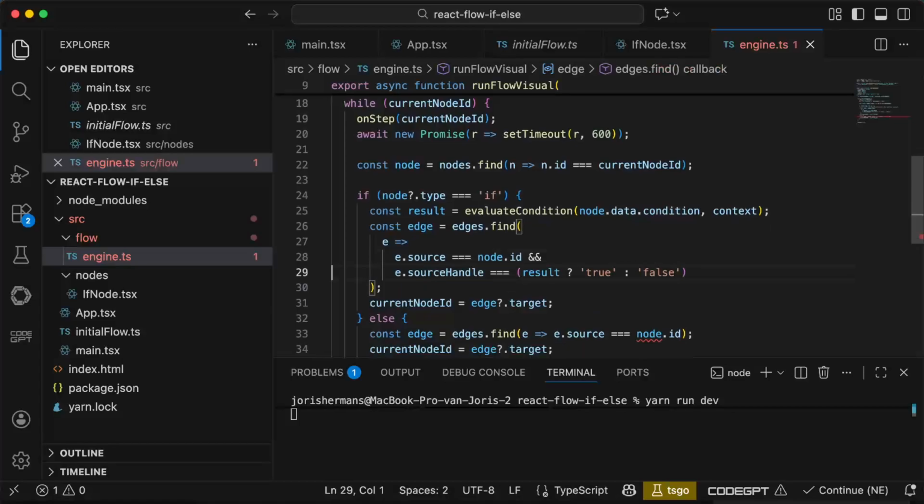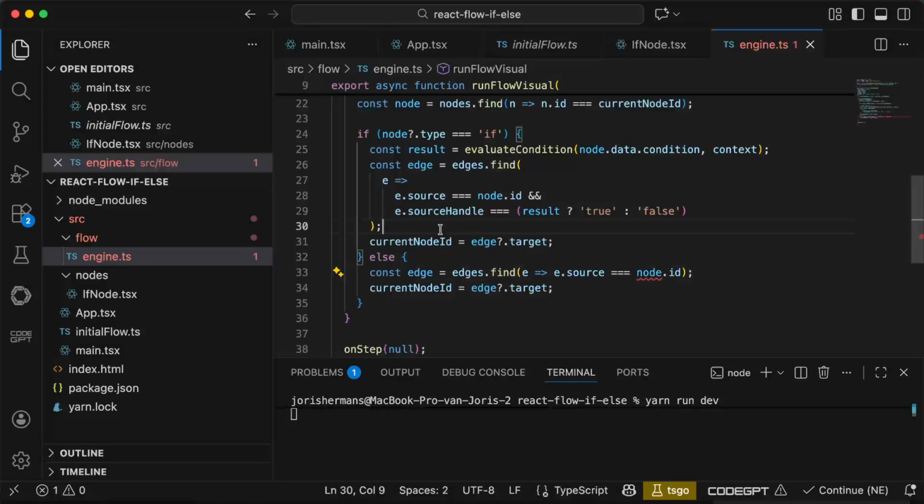And then here we can say const node find the current node. If node type equals if, then we do an evaluation of the condition. Node edges dot find here, and we say if the source handle is true or false, and if it's true it goes to the one end, if it's false it goes to the other end, right? And evaluate condition